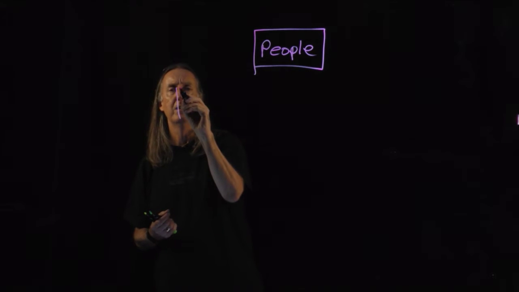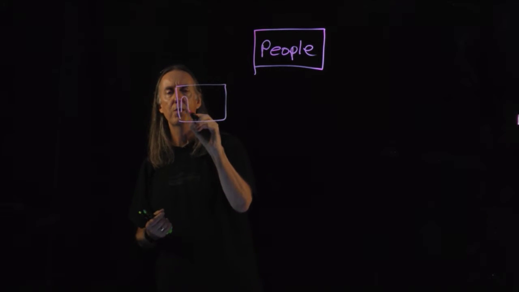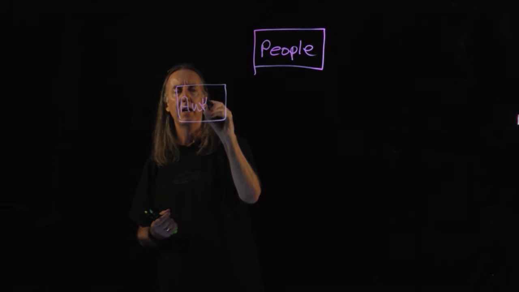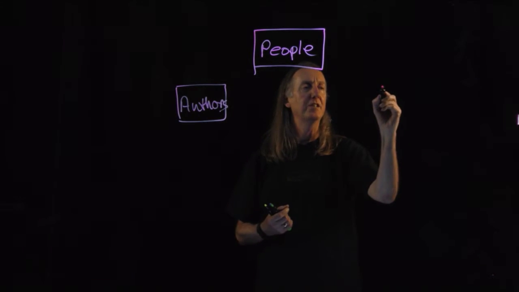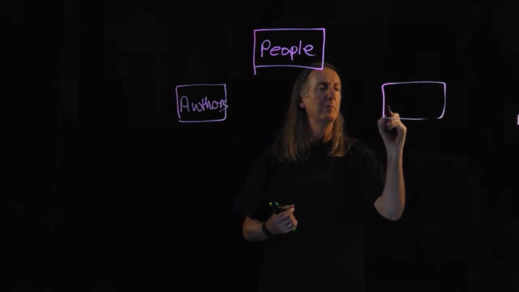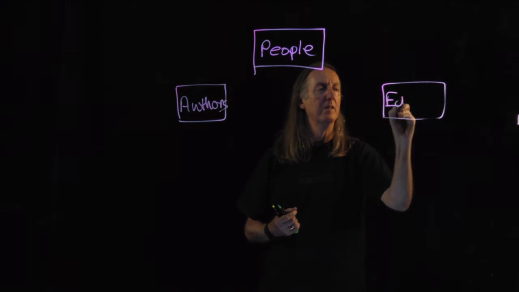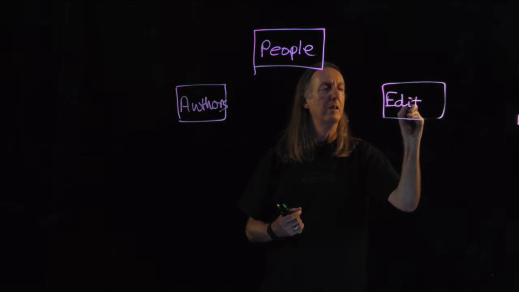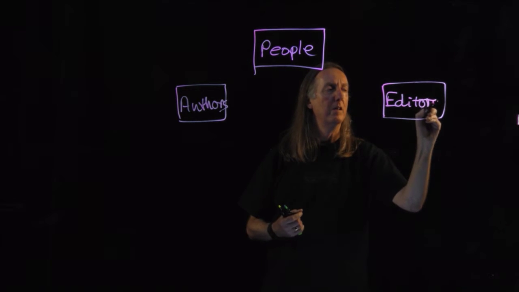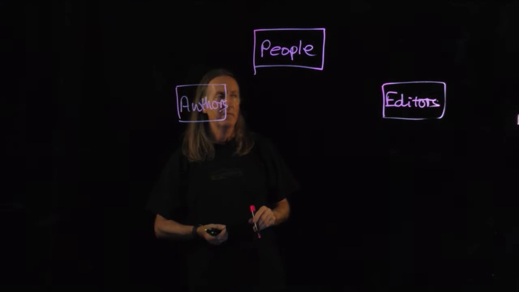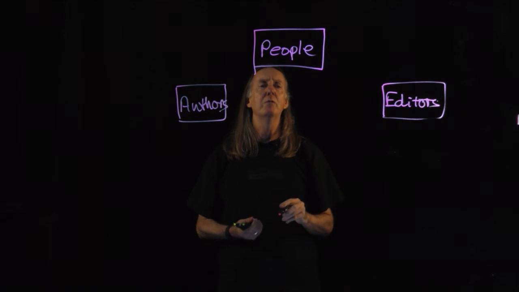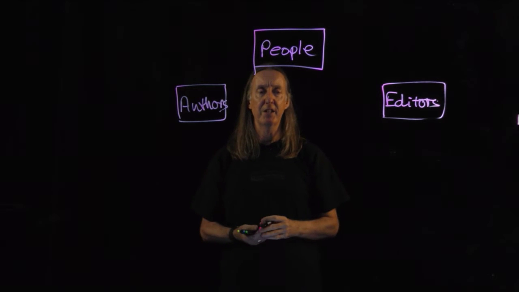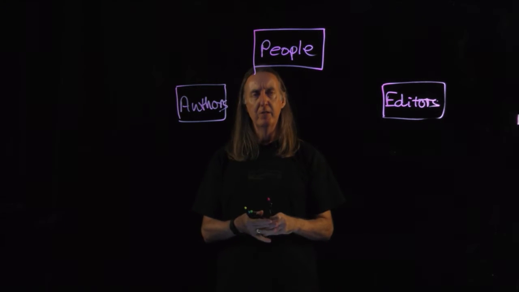So there are author kind of people, and there are editor kinds of people. Okay, so the authors and editors are subclasses of people, and to represent subclasses in the ER model, we typically